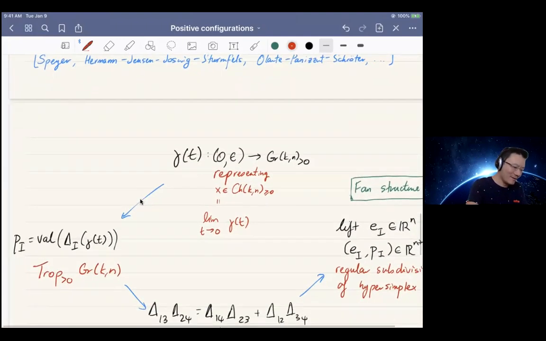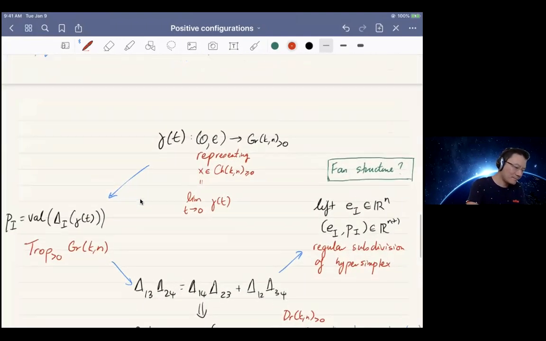So given a point in the Chow quotient, I can find a little curve that represents it, and I can ensure that this curve is a formal curve,